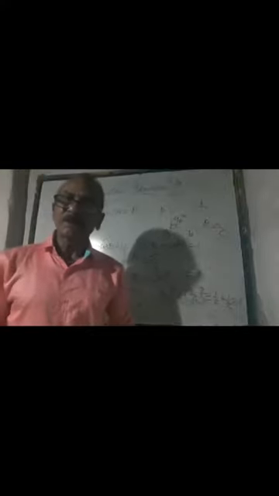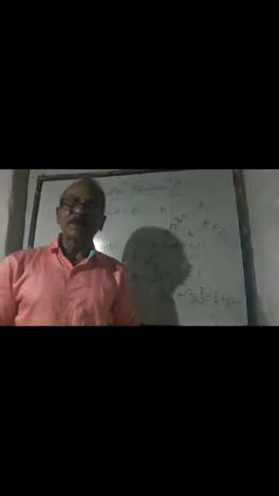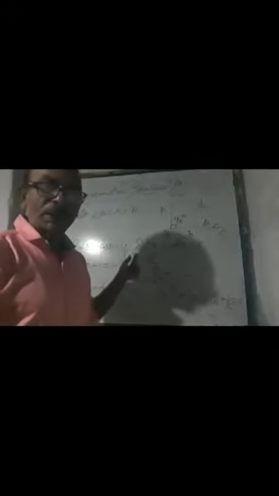This is correct. But if you put theta is equal to 45 degree, you will get 1 by root 2 plus 1 by root 2, that equals 2 by root 2, and 2 by root 2 is equal to root 2, which is not equal to 1. That means this particular relation is not true for theta is equal to 45 degree. If at least one angle is there which is not satisfying the given relation, then that cannot be termed as an identity. That would be treated as an equation. So mind it, right? So this one is an equation, and this is an identity.